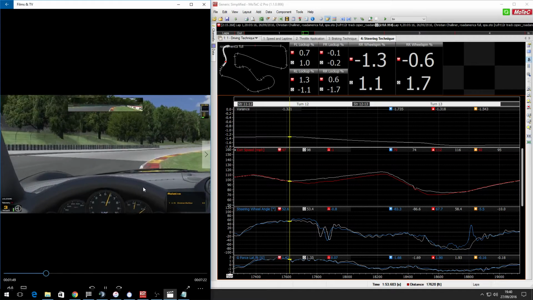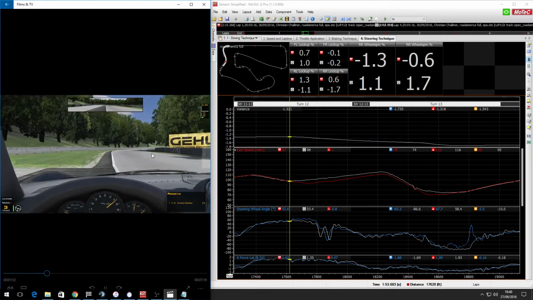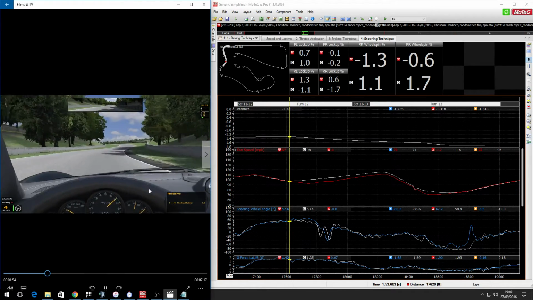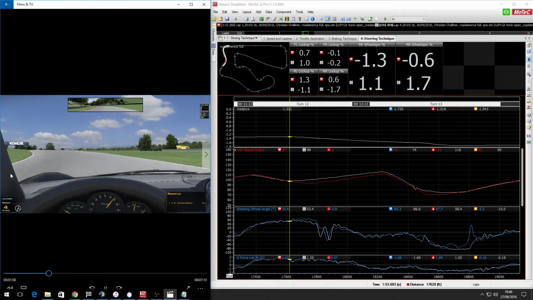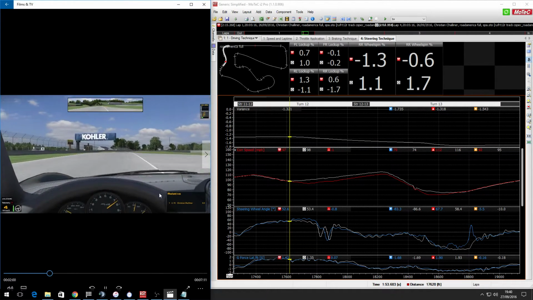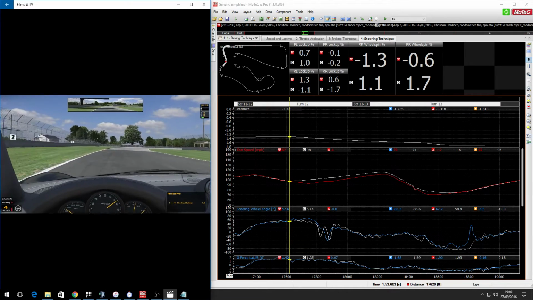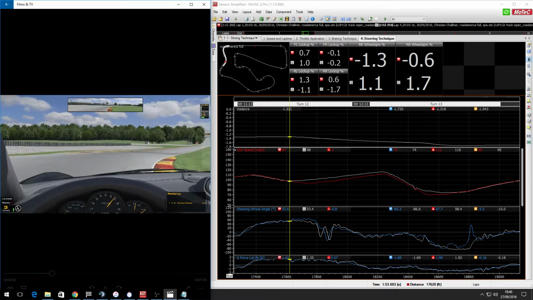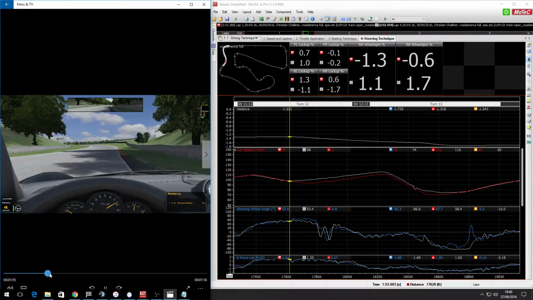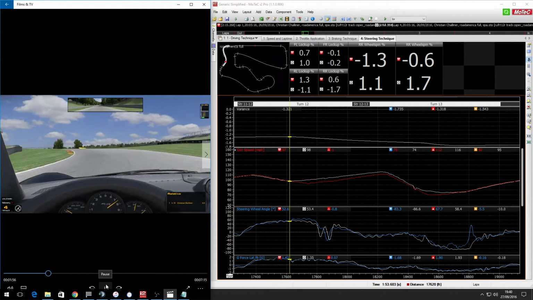Okay, so this is lap 1, and we're coming through 9, coming up the hill towards 10. Now our hypothesis is understeer, and as you can see, we completely missed the apex and went really wide there, and then we were slow all the way through this segment. But if we just move back quickly, you can see here,